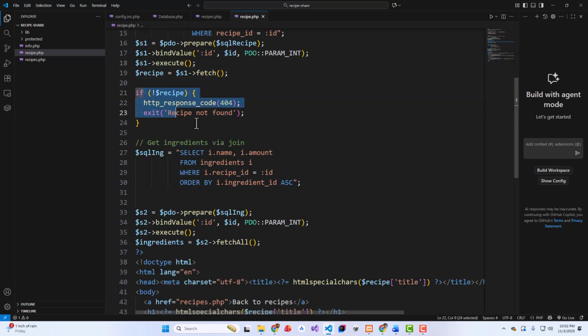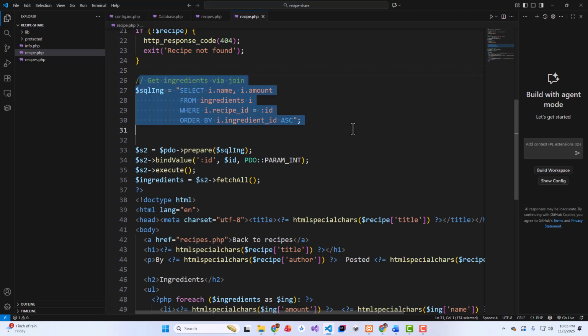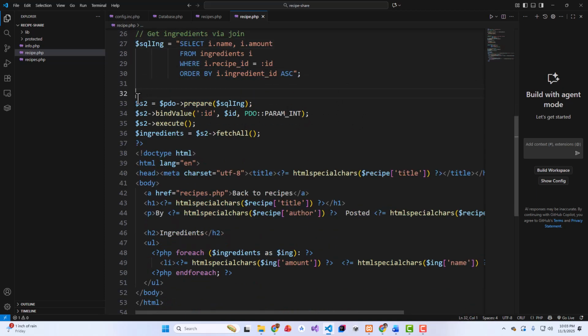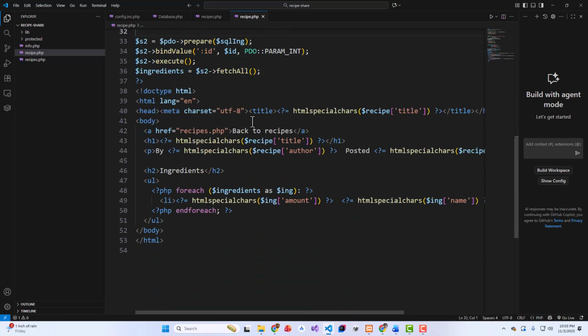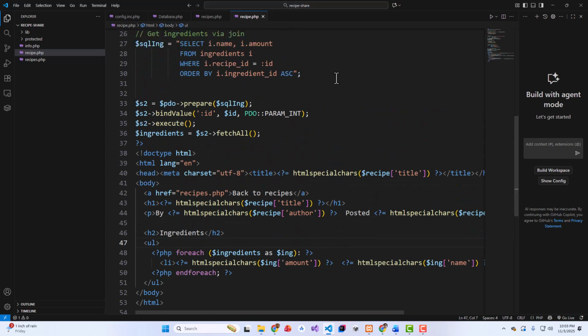And then if the recipe doesn't exist, recipe not found, if it does, then we pull in the ingredients and we bind the value, and then we basically print out all the information about who made the recipe, what are the amount of the specific ingredients. That's why there's a for each here, because this could be several ingredients, right? So we have amounts and names. That's part of the ingredients data table. So now we're going to create a